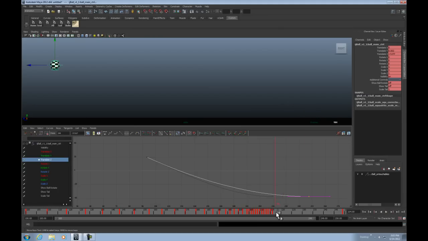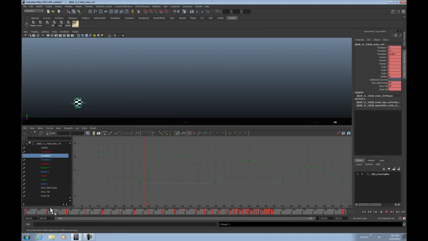Alright, so now that it is bouncing through space, let's do this little trick I was talking about. So I'm going to need to set a few keys. I want this key, so I'm going to hold down I, changes my cursor, and I'm going to insert a key there. I'm going to go 2 frames after. I like that placement. I'm going to set a key there,